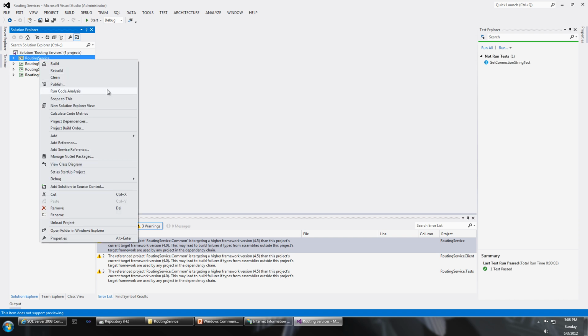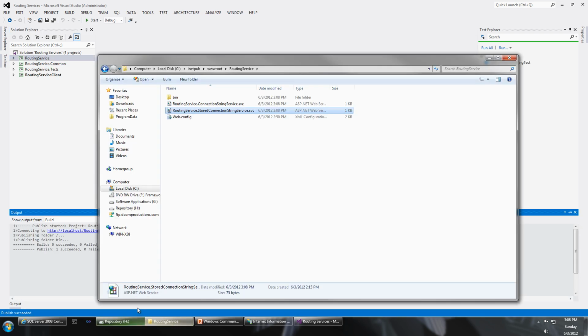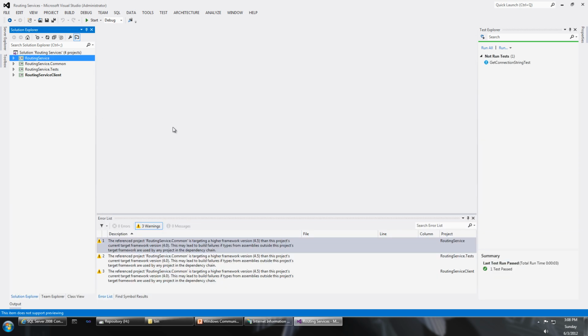Okay, and we can republish our routing service again. Now if we go to our bin folder for the routing service in IIS, we can see that we have our WCF service library, but now we also have our class library with the connection string object in there. So the common DLL will be used by the service as well as the unit tests as well as the client. So if we run our client now,